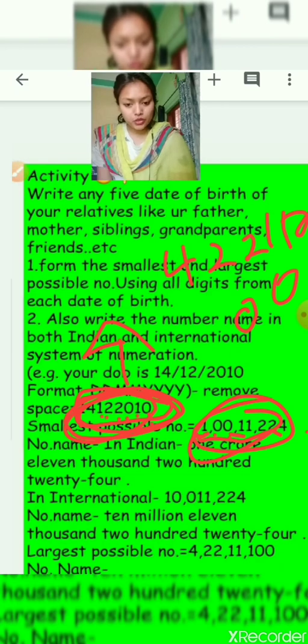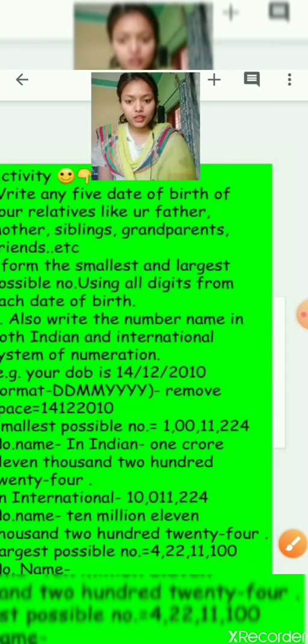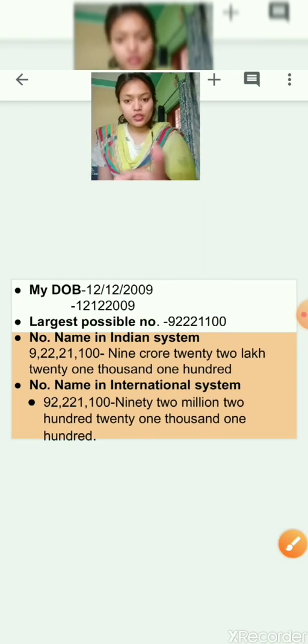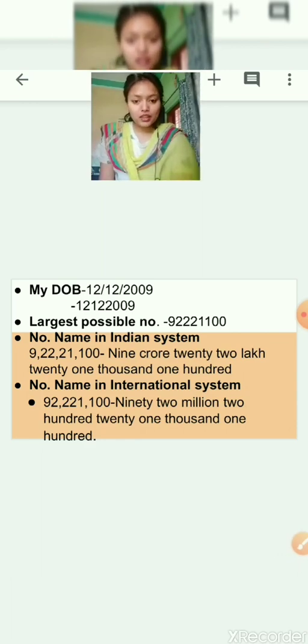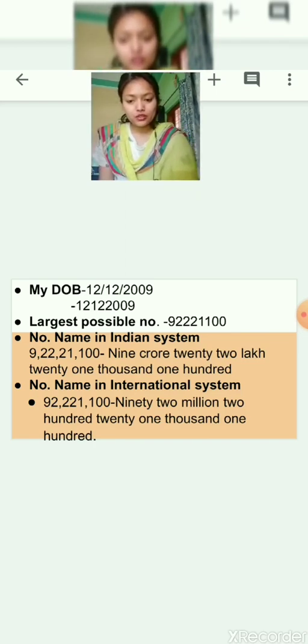So let me show you an example of how you will write in your copies or in your project files. Like this you have to write. First of all you will write the date of birth. Like I have written, first of all, date of birth. What's your date of birth? You will write like my date of birth 12 12 2009, means 12 December 2009. Then you will remove these slashes and write the direct number